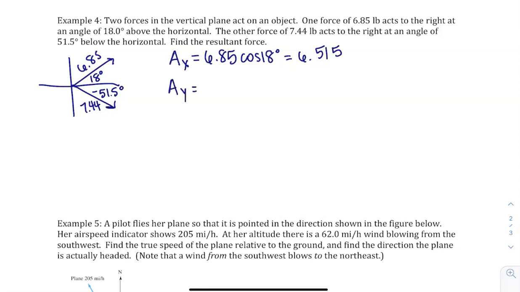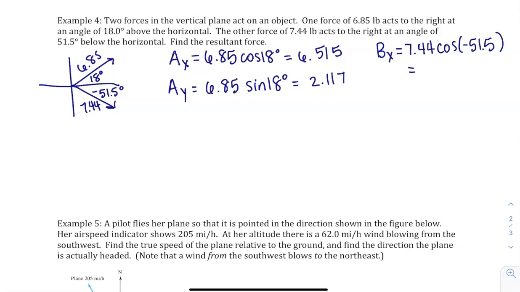The y component, 6.85 times sine of 18 degrees, is 2.117. Our x component of the other vector, we have 7.44 times cosine of negative 51.5. That is 4.632. And the y component of that vector, 7.44 times sine of negative 51.5 degrees, gives us negative